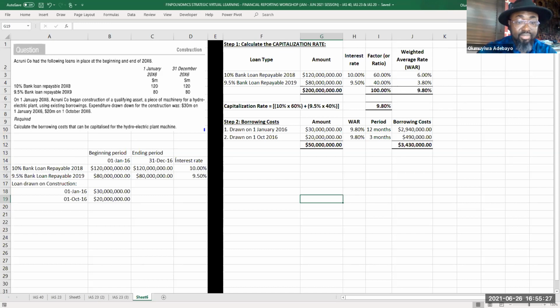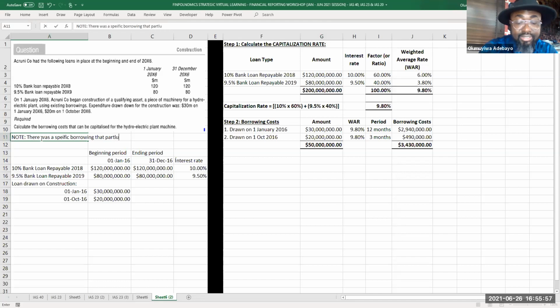What if I'm trying to modify the question? Let me try and modify the question. What if I modify the question and I say that, note, there was a specific borrowing that partly finances the construction at the beginning in the sum of, let me say, $12 million